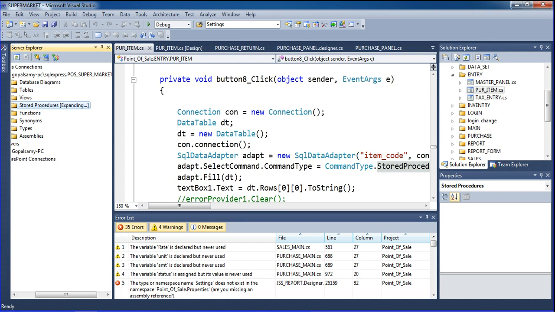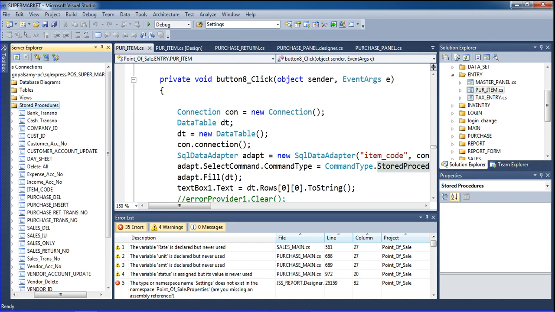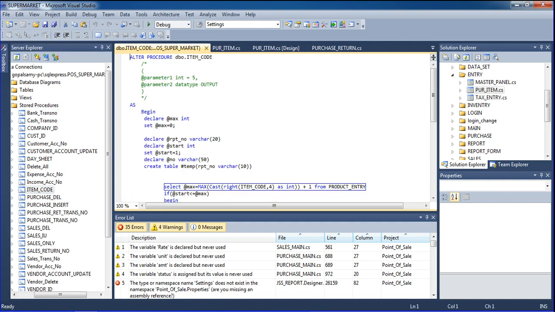In this stored procedure, a number of items will be here. See, this is my item code stored procedure. What I declared here: see the select max.